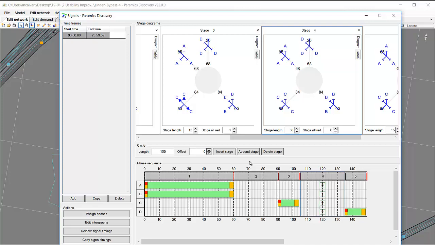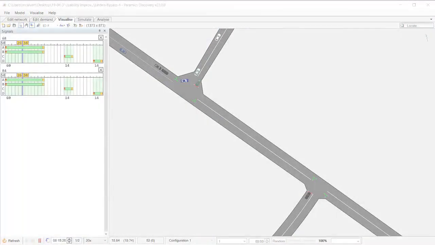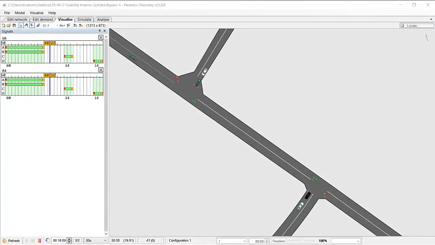Okay, so those are 4 new features that we have introduced into Paramics Discovery 22. All of them are relatively small but significant in their own right, and hopefully will make Paramics Discovery easier for you to use. This will be coming in May,